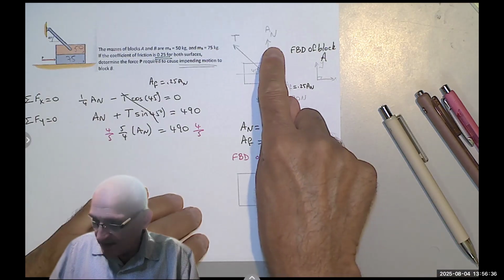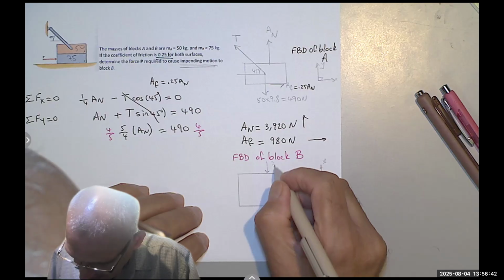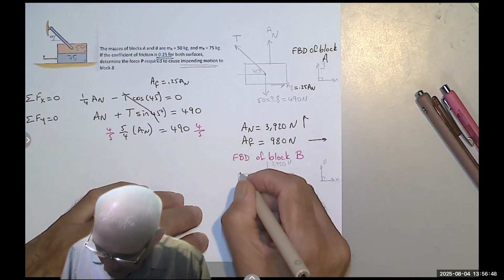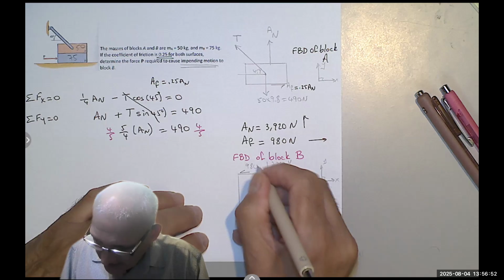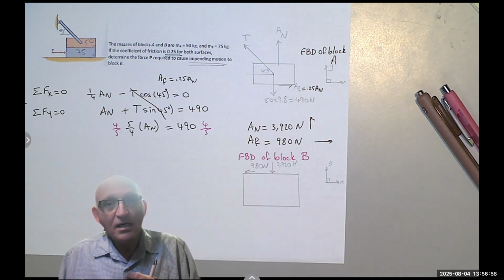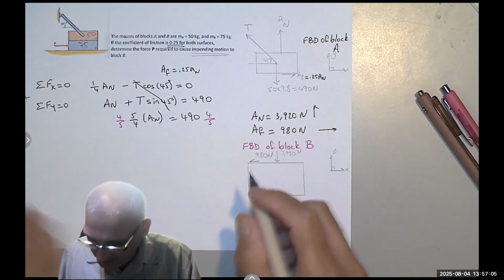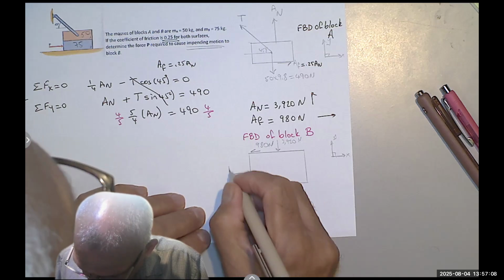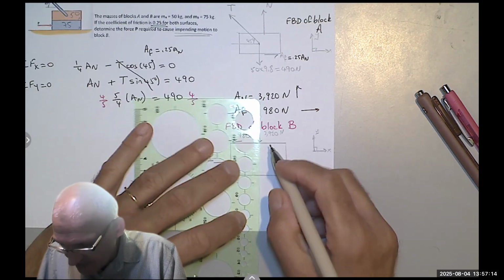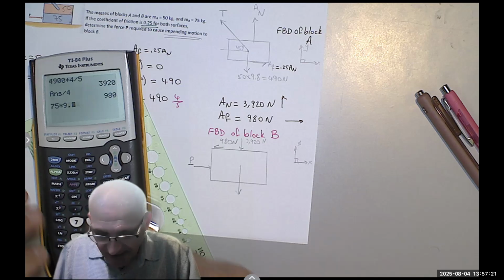First of all, A sub N is inverted down as A sub N, which is 3920 Newton. A sub F that was going to the right will go here to the left, and it's 980 Newton. So that's what I got from the top crate. These two forces will always be there. I have my P that I want to calculate. It's unknown. I have the weight, or the mass here is 75, so I have a weight equal to 75 times 9.8. It's